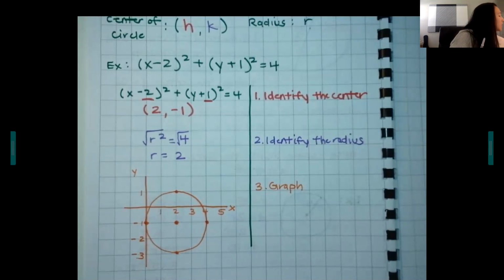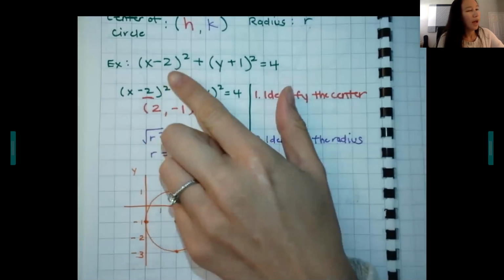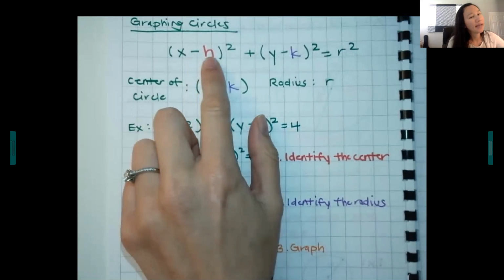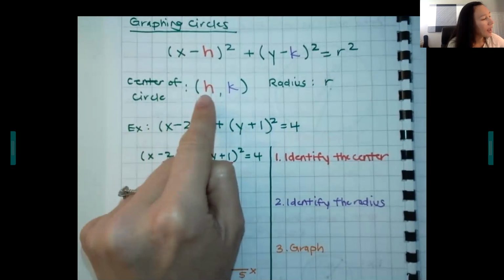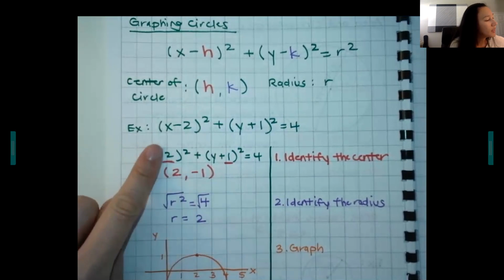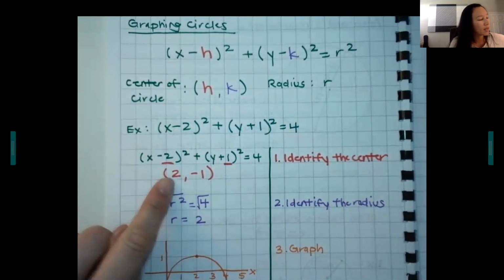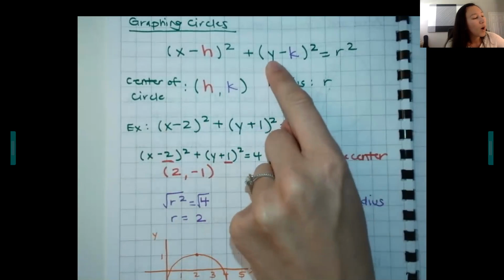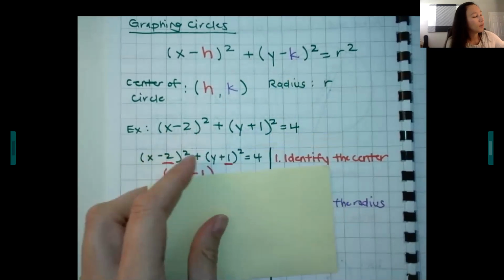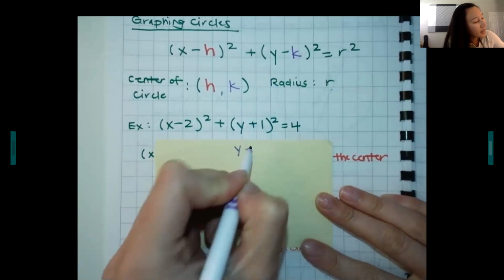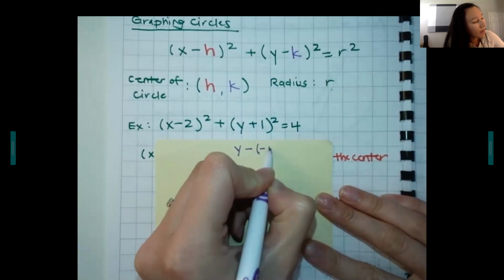And just to clarify, because I know you guys are trying to figure out why up here we switch them. Remember, it's x minus h, and the center is just h. So in this case, it's x minus 2, so the h would be just the +2. And then remember, it's y minus k. So if we rewrite y plus 1 with a minus, that's minus a -1,